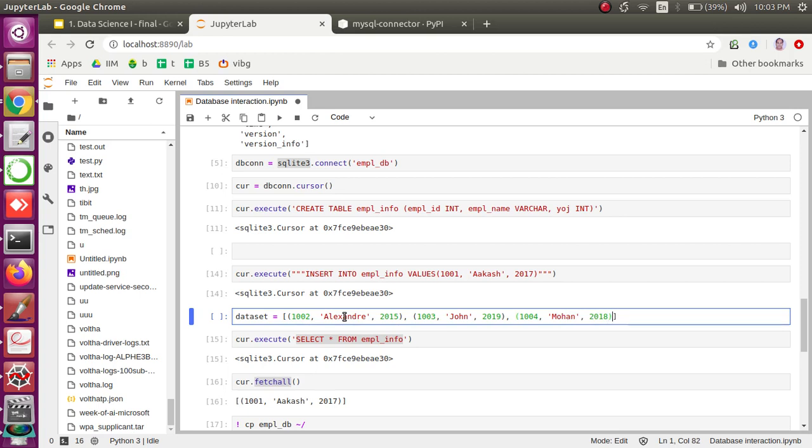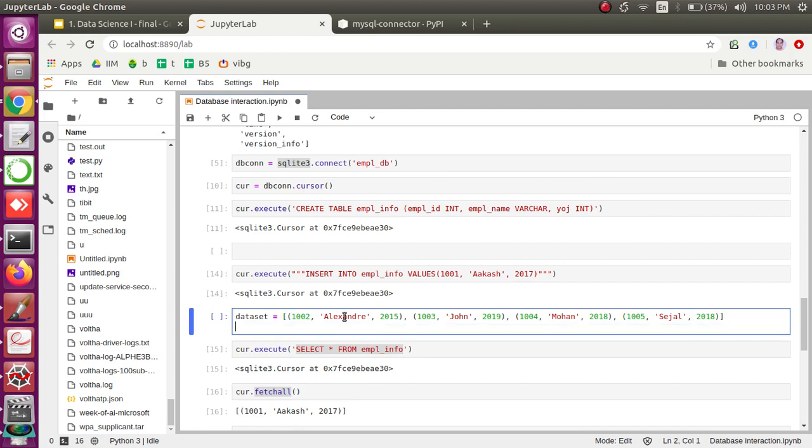Suppose this is the data which we want to process or insert into a database. 1005, and let's say Sejal, comma 2018. So this is a simple data set, with 4 different employees, with different names, different date of joining and different employee ID, and now I want to insert this into a